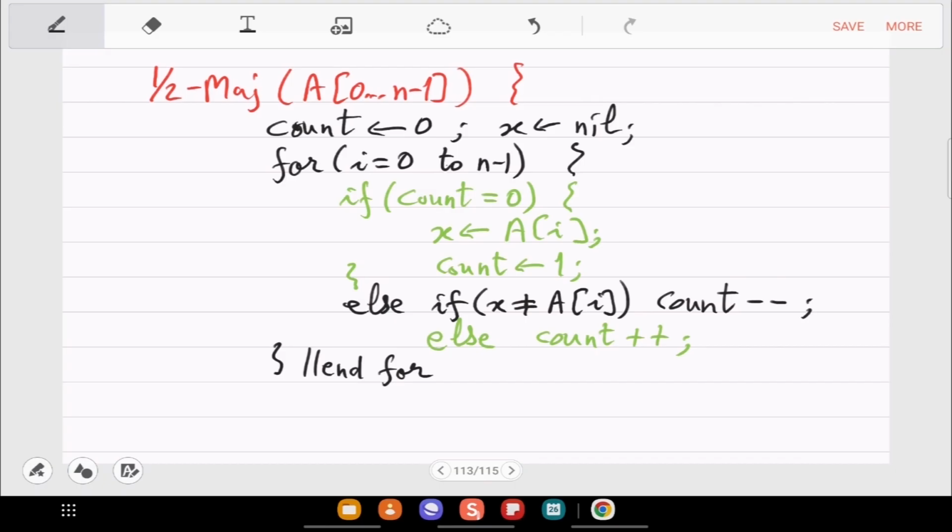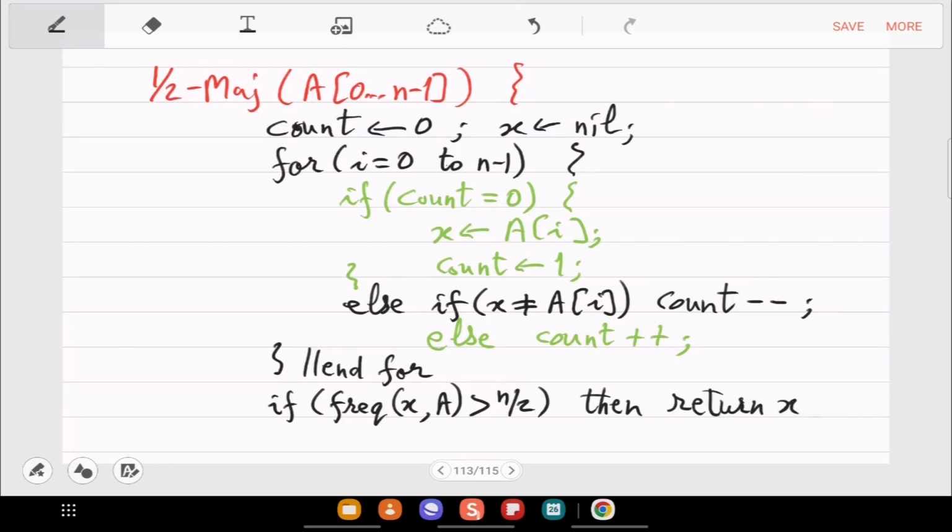So you verify that. If the frequency of x in A is greater than n by 2, then you return x. Else you return nothing.